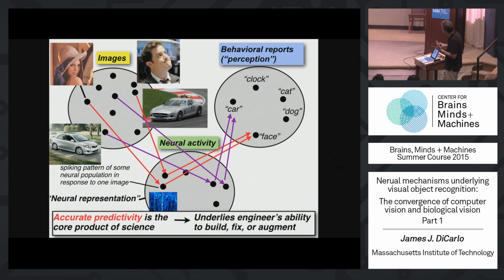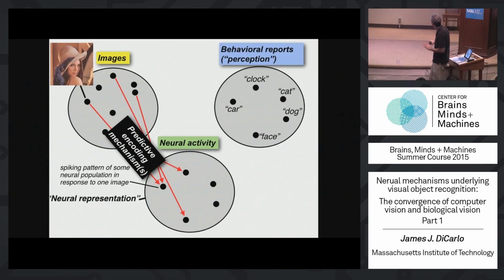And again, accurate predictivity is the core product of the science. That underlies our ability to build a system like this. Many of you are interested to fix a system like this, or to perhaps even augment our own systems. If we want to inject signals here and have them give rise to percepts, we have to know how this works. A big part of the field of vision has spent a lot of the last, say, 3 decades